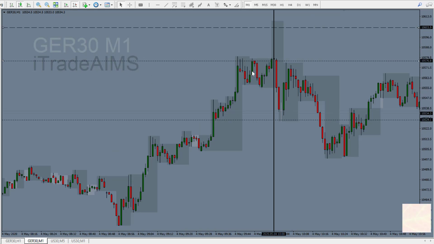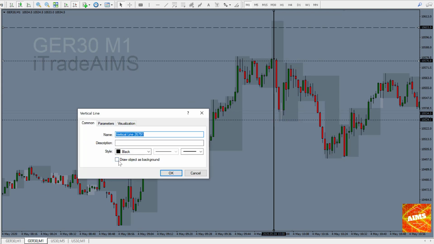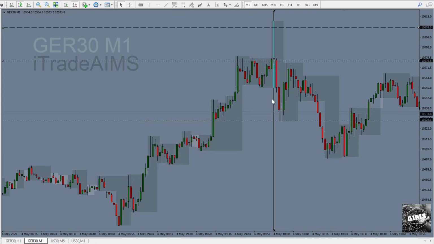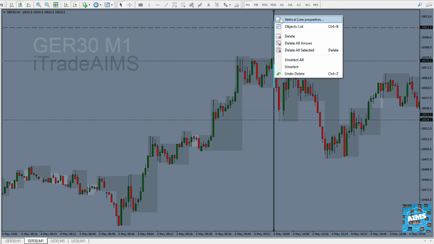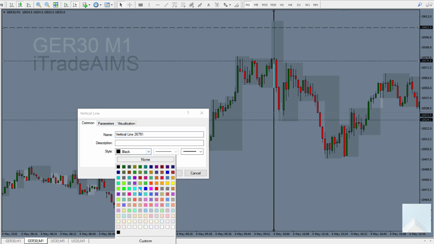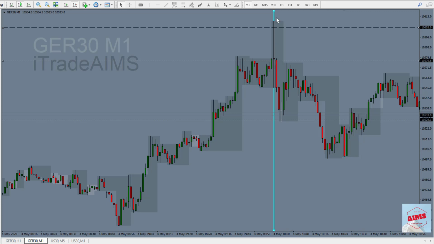I'm going to scroll back. So that's that London Open line. Let me change the settings for this so it goes to the background. If you click on this, draw object as background, then it goes behind the indicators. So let's give it that color. Okay, so that's our